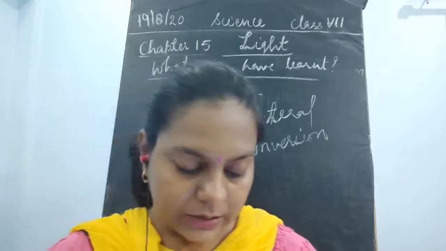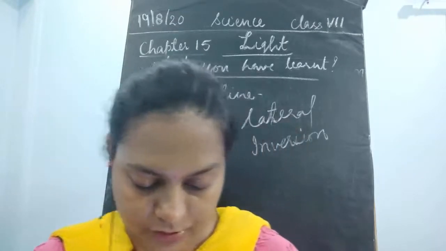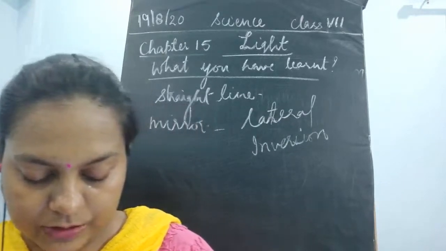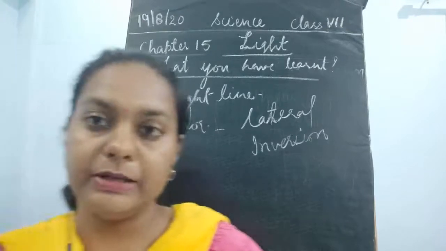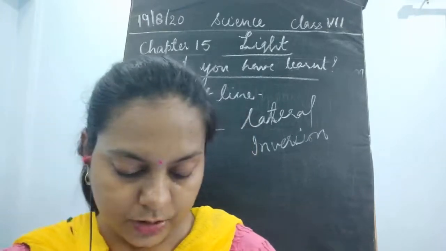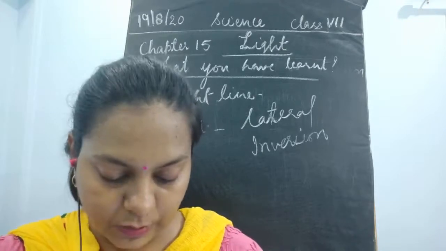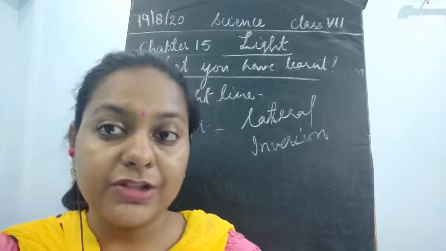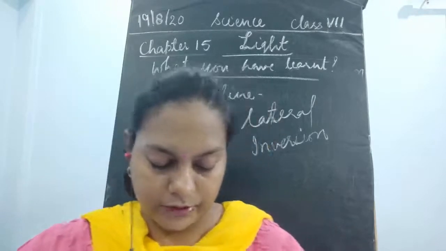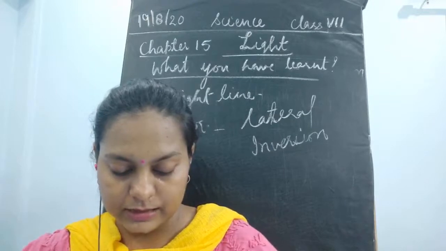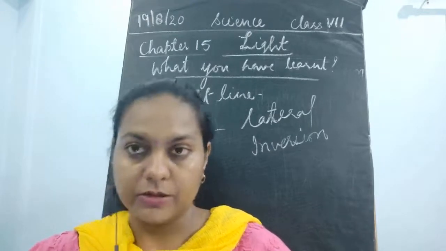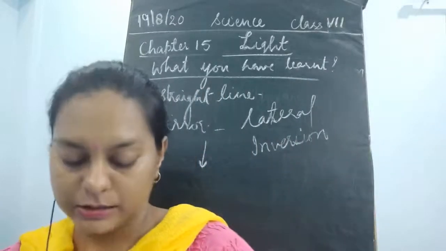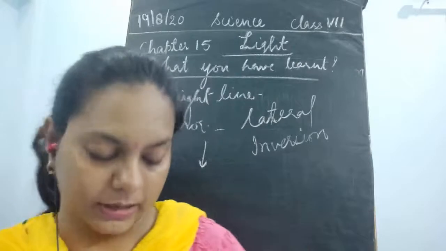Okay, next, the image formed by the convex mirror is always erect. Erect means straight. And virtual means it is not obtained on the screen. It is smaller than the size of the object. That is the nature of the image formed. The feature of the image formed in the concave mirror is that it is real and inverted, real and very small, and inverted, which means upside down, when it is formed in the concave mirror.